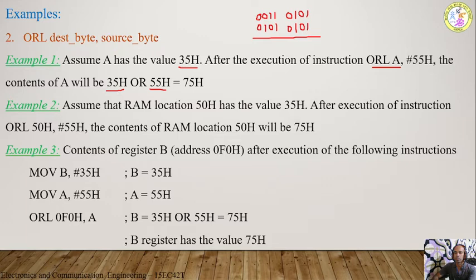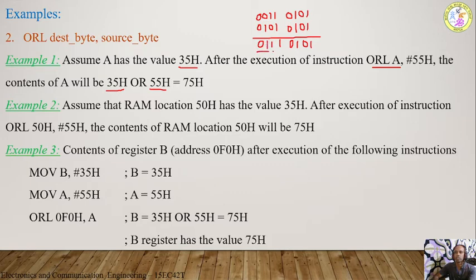Now you observe wherever two zeros are there. 0 OR with 0 is 0. Again, two zeros are there, 0 OR with 0, it is 0. Again, 0 OR with 0 is 0. Whereas for all the other values it is 1. If any one of the inputs is 1, or if both the inputs are 1, then definitely the output of the OR gate is 1.